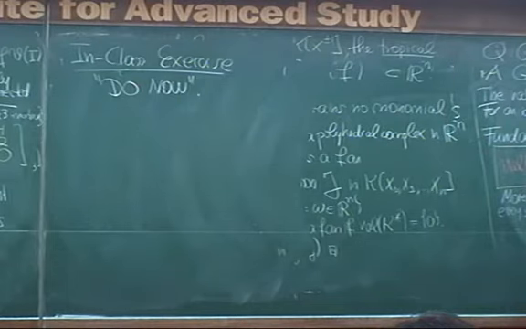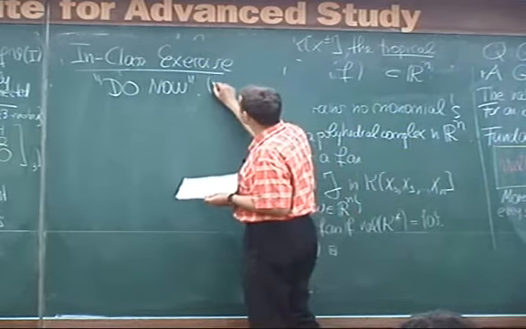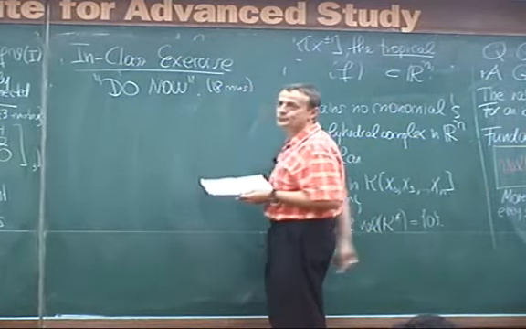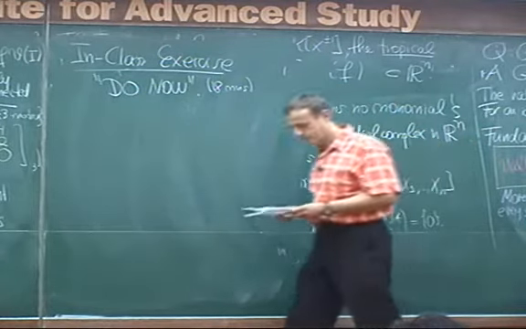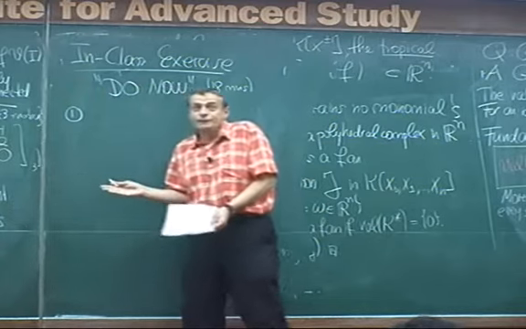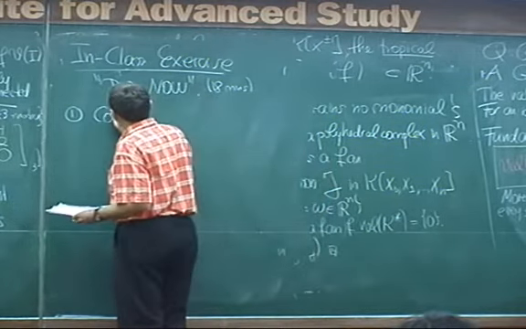So we have 19 minutes, and I'm going to speak for 1 more minute. So you have 18 minutes to do the Do Now exercise. Okay? And there are two parts to it. The first part is, well, do you really believe the fundamental theorem? Show me, right? So construct